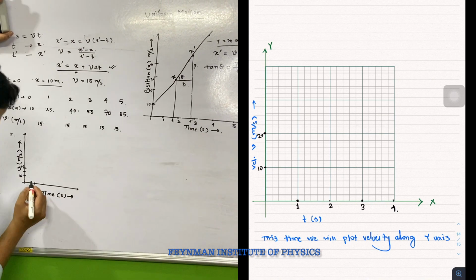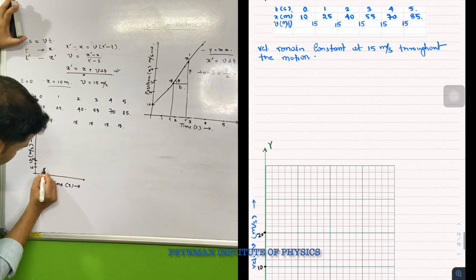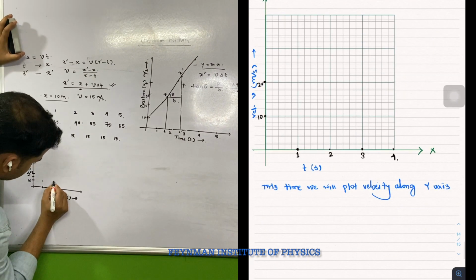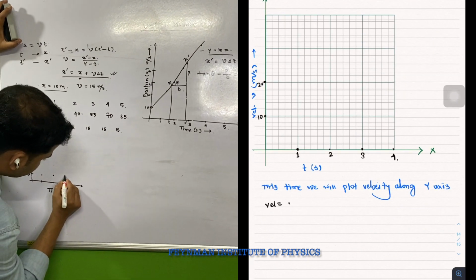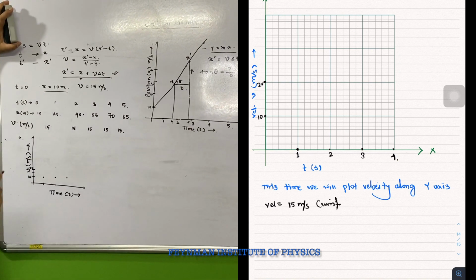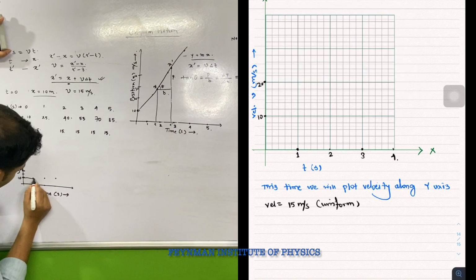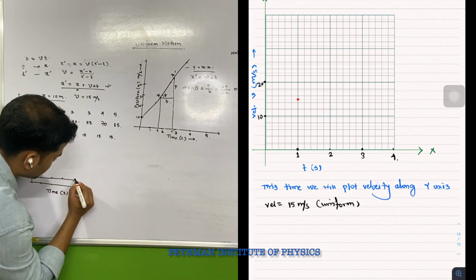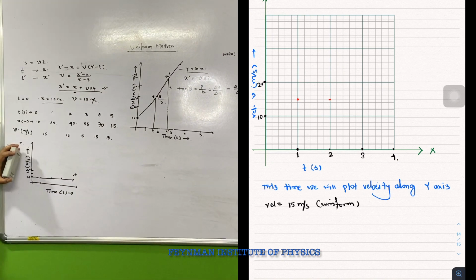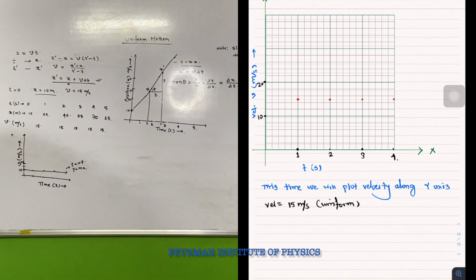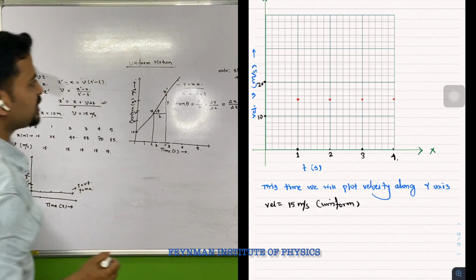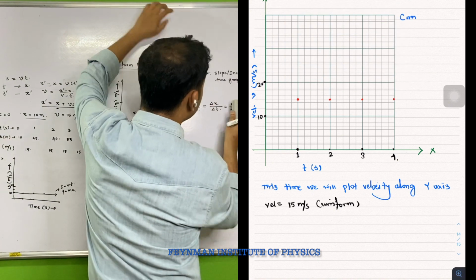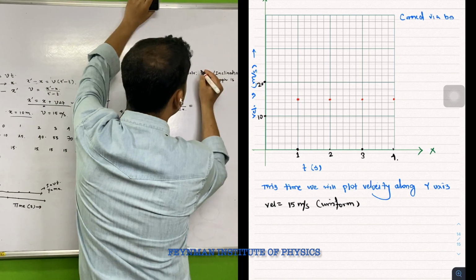Okay, so at 1 second its velocity is 15, at 2 seconds again its velocity is 15, at 3 seconds again its velocity is 15. So if we connect these dots by a best-fit curve, then you will find a straight line. Again it is a straight line, and the straight line is parallel to the time axis. So here again we can make a note of this,